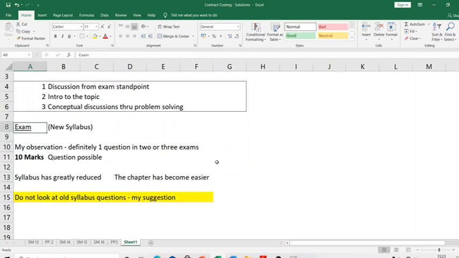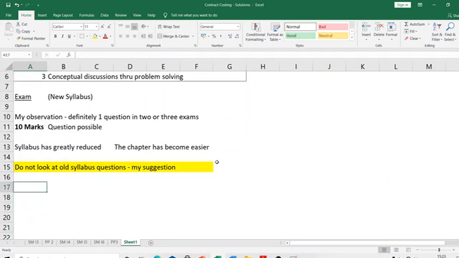So as far as the exam is concerned, I think this is all I would like to tell you, right? Once in 2-3 exams, you can even get questions for 10 marks. The syllabus is greatly reduced. Do not look at the old syllabus questions. And another thing related to the exam, from your preparation perspective and also from our coverage perspective, I'm going to focus